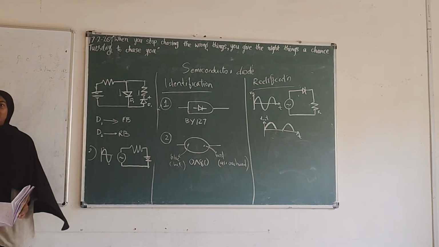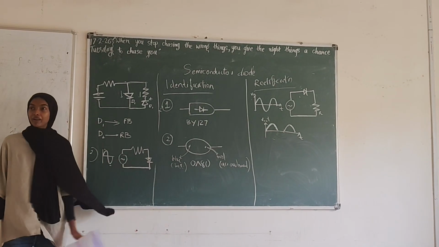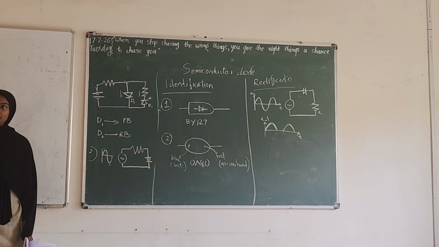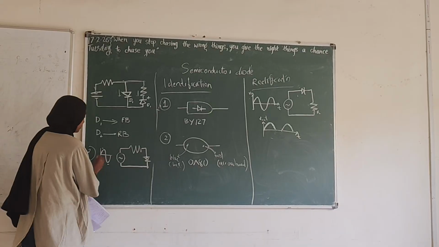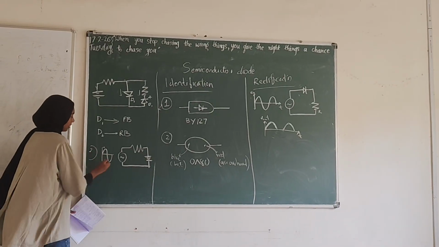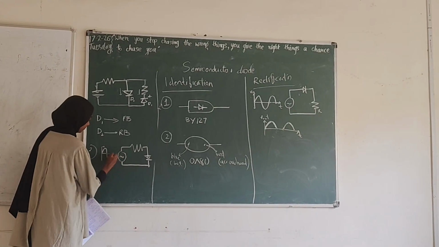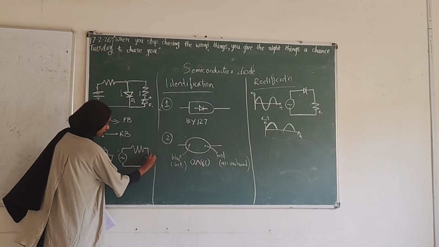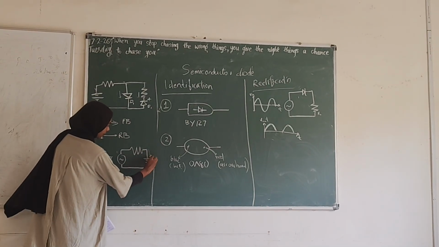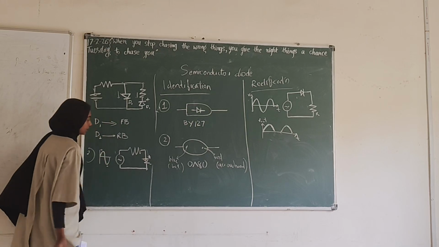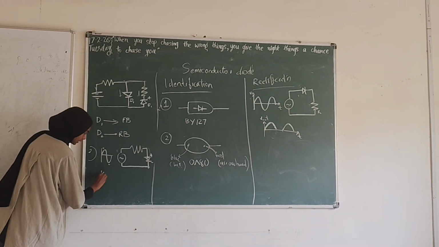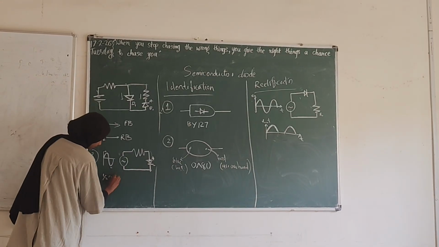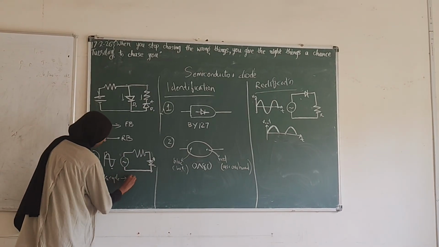Anyone have a guess what happens in the positive half cycle? Should I explain? Okay. During the positive half cycle, the arrow gets the positive side and bar gets the negative side. That means in the first half cycle, it is forward bias,